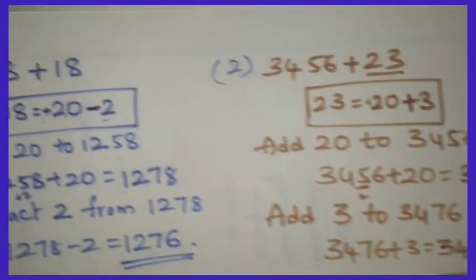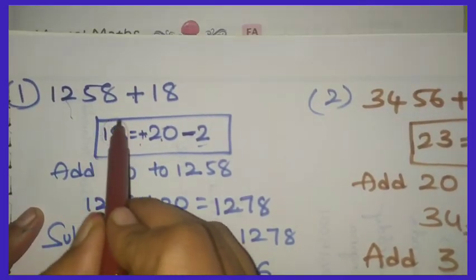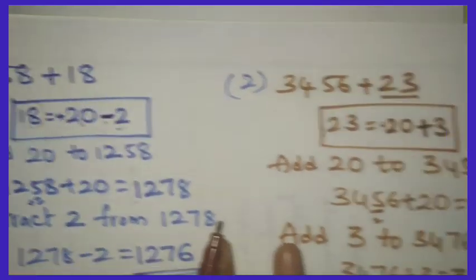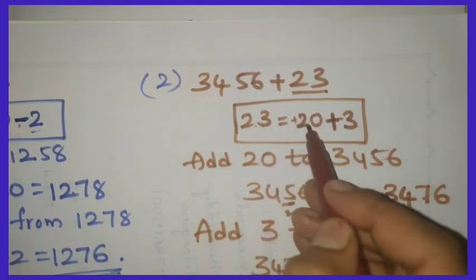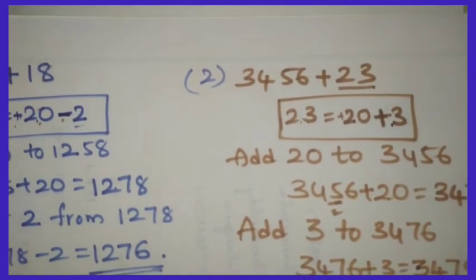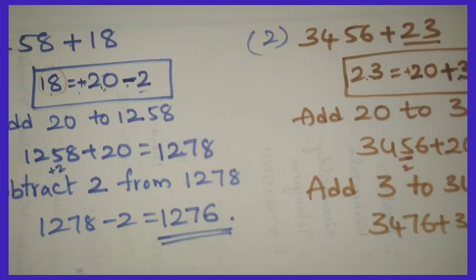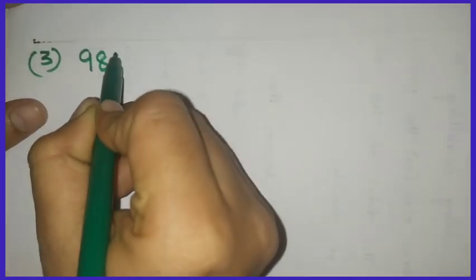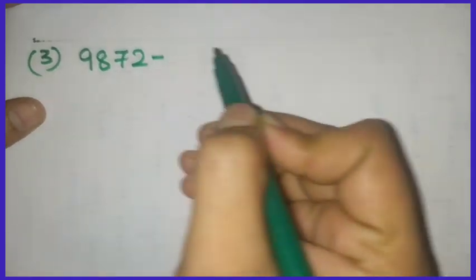Like this you have to do. If it is less than the number, we have to do subtraction. If it is greater than this number, we have to do addition. Now look at the third example. For example, 9872 minus